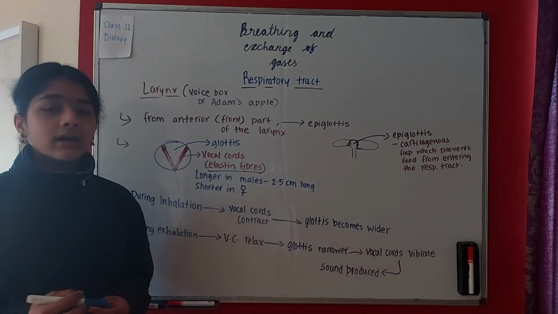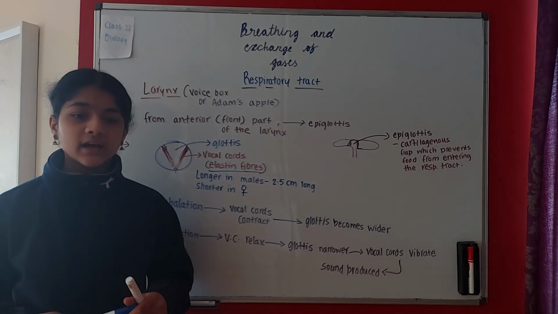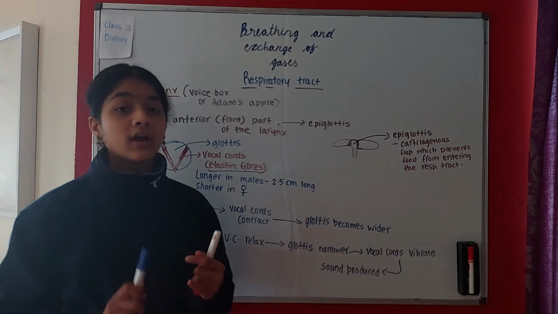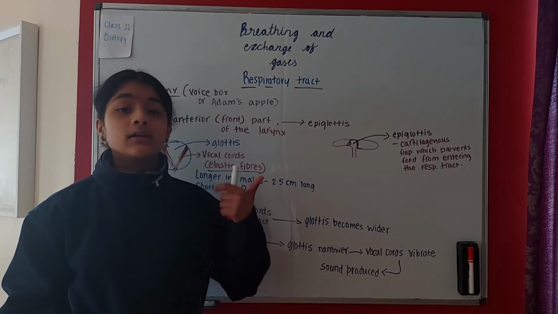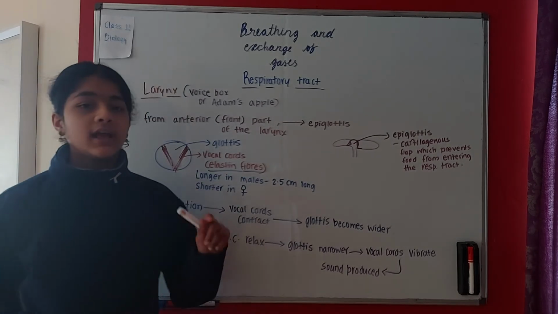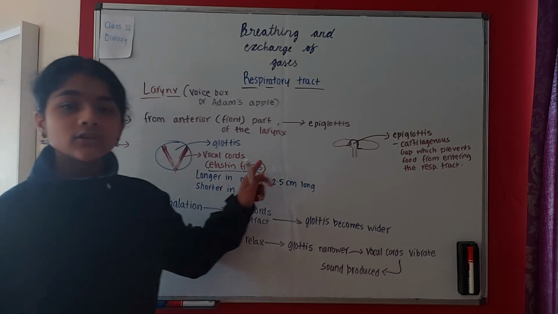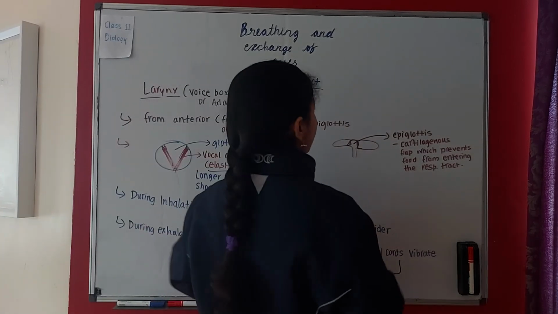So in this video we have talked about the larynx, which is the voice box or Adam's apple. Then we have talked about the cartilages, that is thyroid, cricoid and arytenoid, and then we have looked at the largest one, smallest one, and then it's lined with ciliated columnar epithelium. Also the structure of the larynx with this kind of structure.